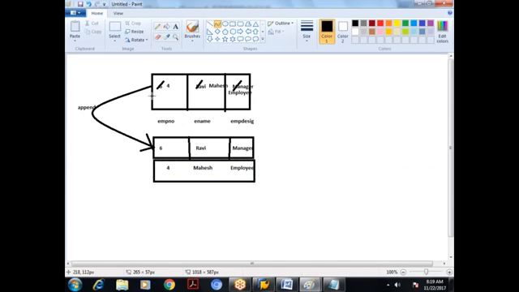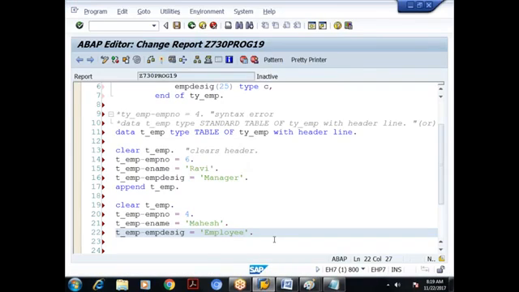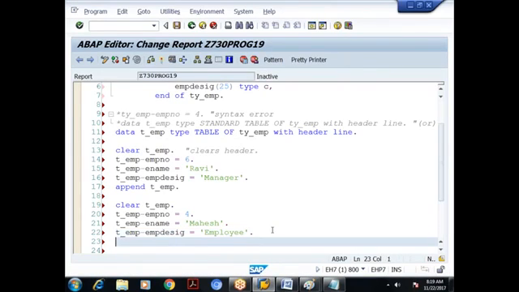Am I clear? Again, what is this statement? Append statement. Append statement will always copy the data to the end of the internal table. Am I clear? Yesterday what happened? By default some memory got allocated. How much? 8 KB. Here there is no static allocation of memory. The moment you try to store the data, the memory is dynamically allocated. Okay, done.